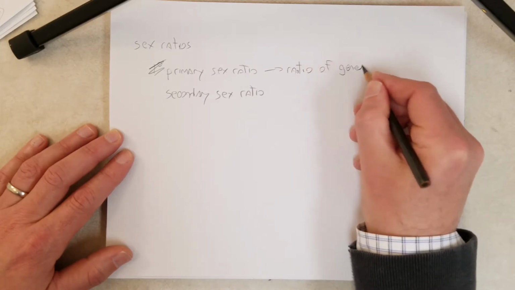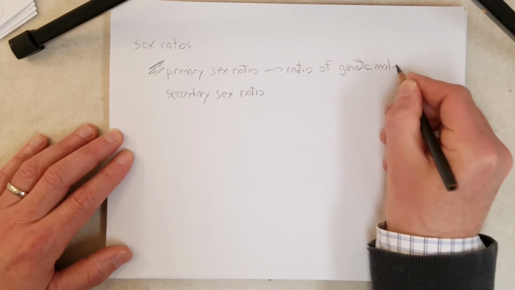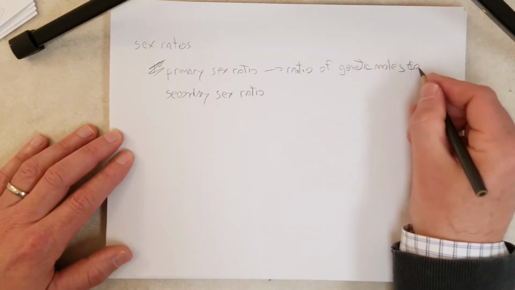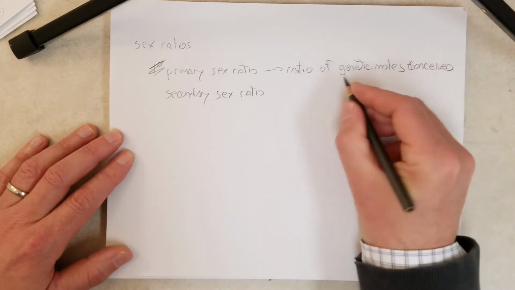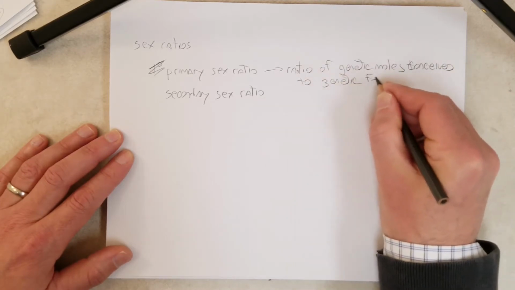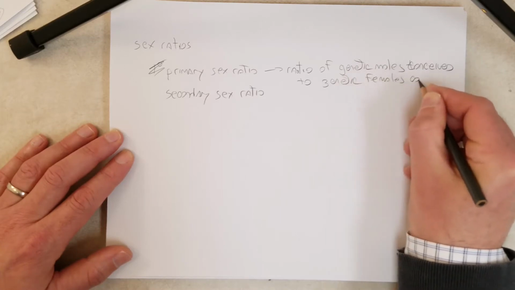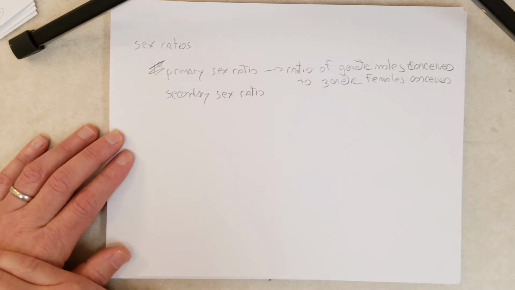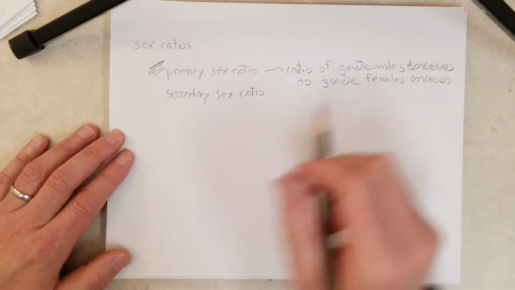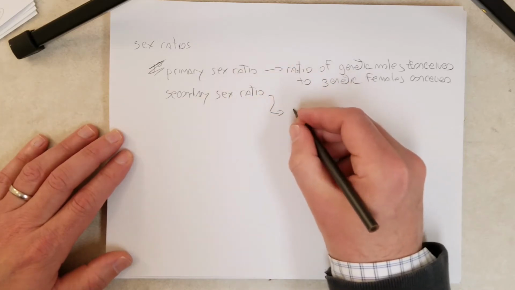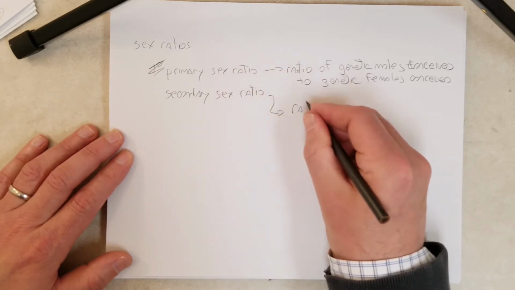Now the primary sex ratio is the ratio of, let's say, genetic males conceived to genetic females conceived in a population. You know, genetic males XY, genetic females XX. So the secondary sex ratio, and we're talking about humans with respect to sex ratio here,